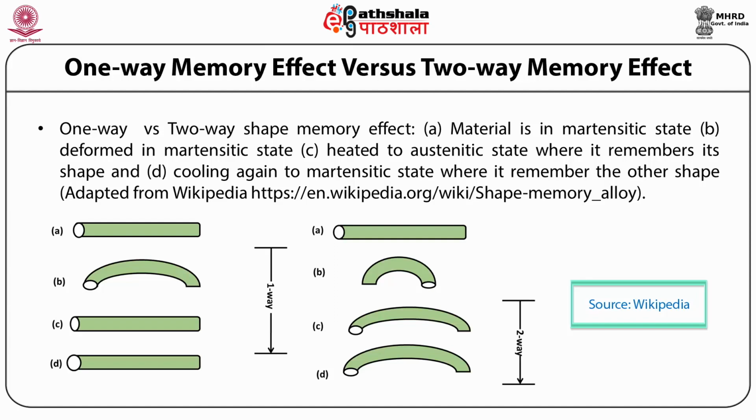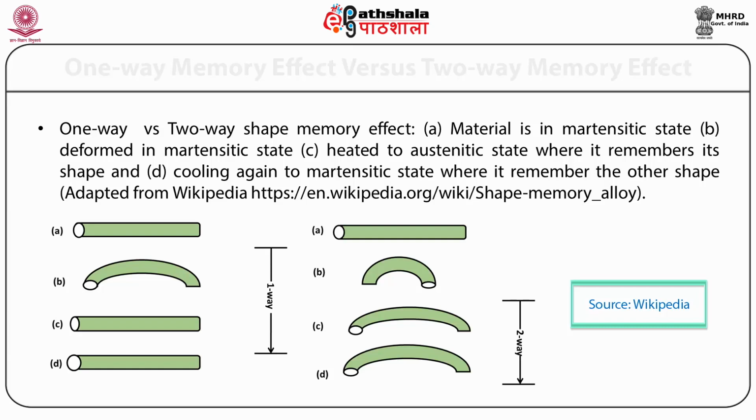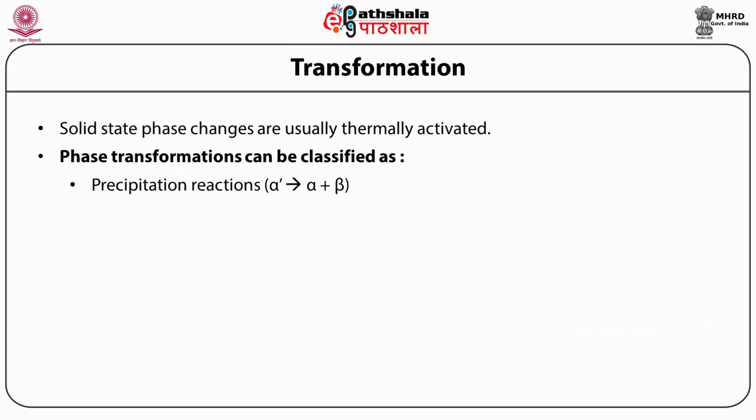Transformations. Solid state phase changes are usually thermally activated. Phase transformations can be classified into the following main classes. First, precipitation reactions, where alpha prime changes to alpha plus beta. This happens when a supersaturated phase, or alpha prime, transforms to the stable phase, that is alpha, along with another phase, that is beta, which is called the